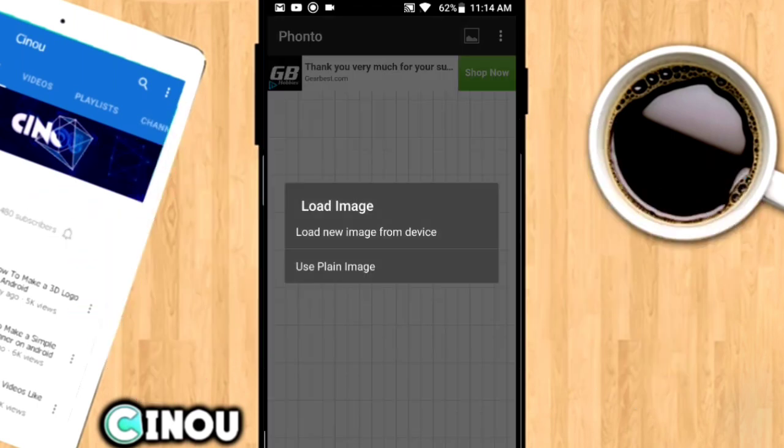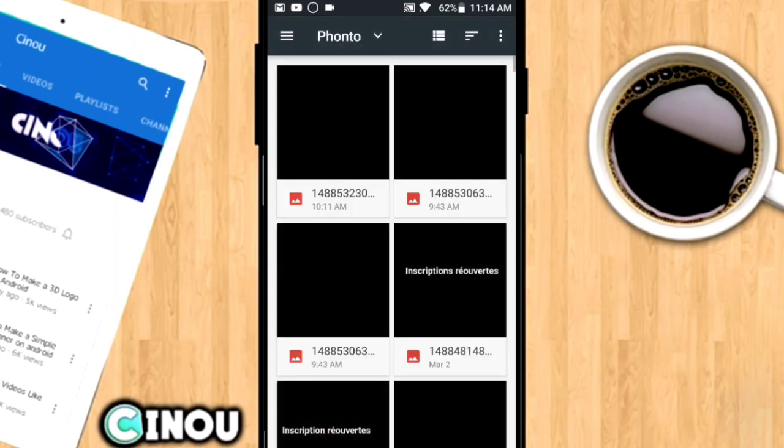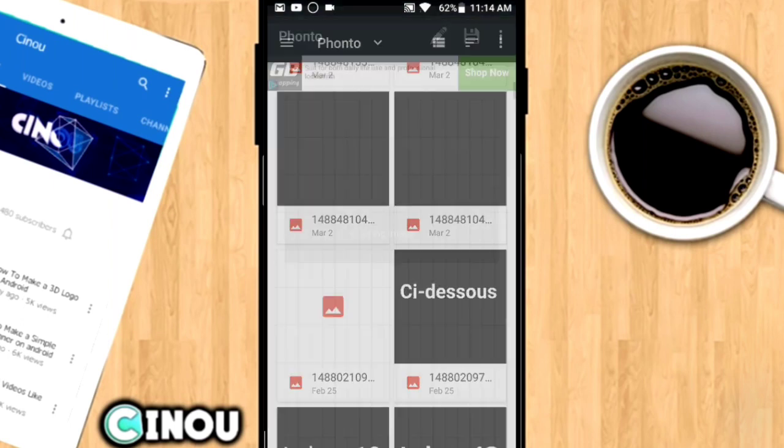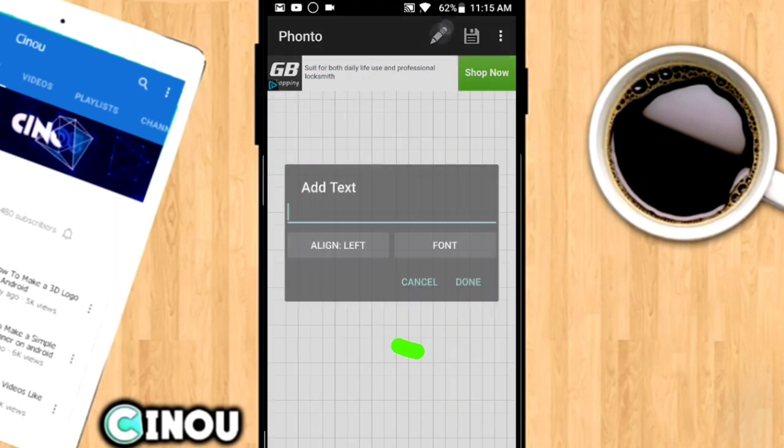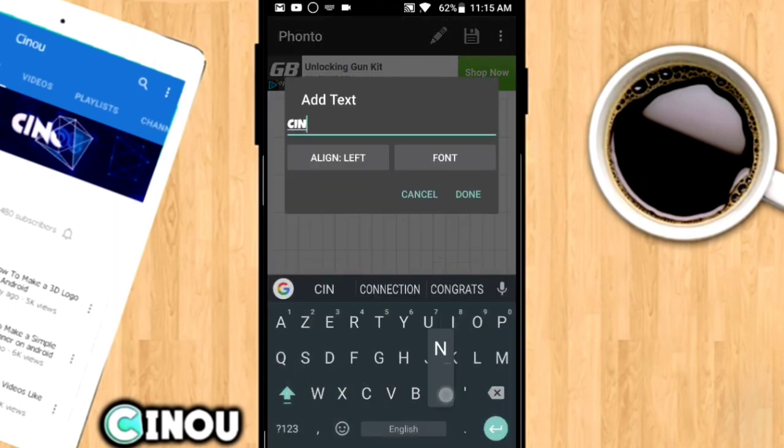this video. So once you guys are done, go ahead and enter into Phonto, and import a transparent background on it. You can make transparent backgrounds on Photoshop Touch, it's really easy. So now go ahead and hit this pen button, you should find it on the top of the screen. Once you press on it, go ahead and write down your name, it should be really easy,